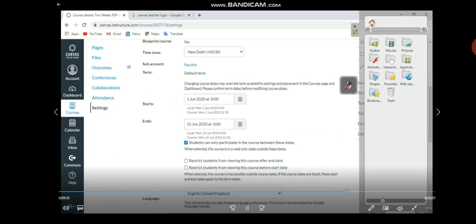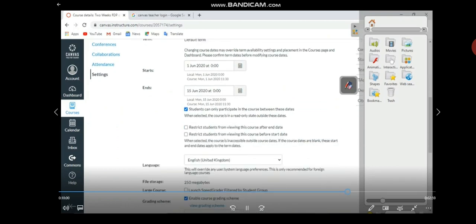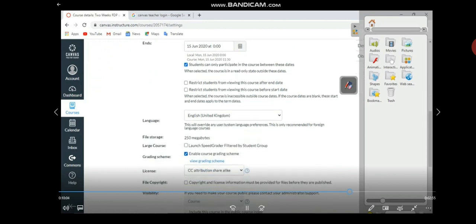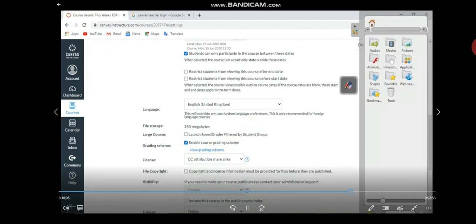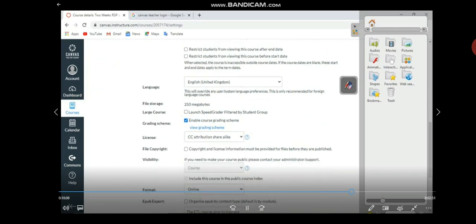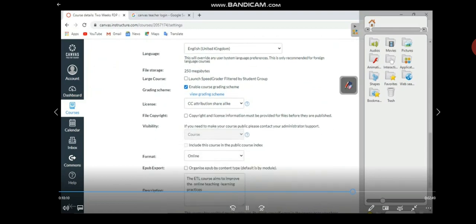options for the students joining. So language of the course, file storage capacity, grading scheme attached here, license type, Creative Commons license taken here.